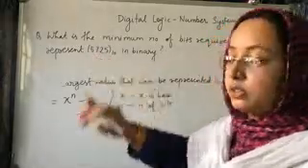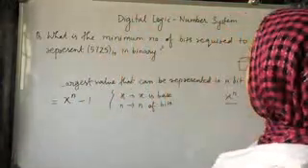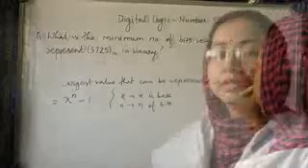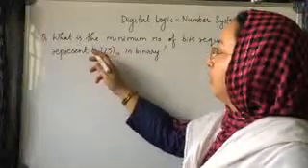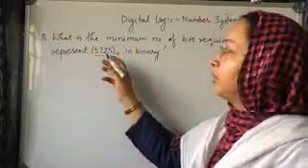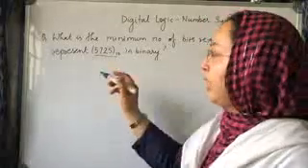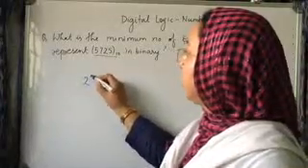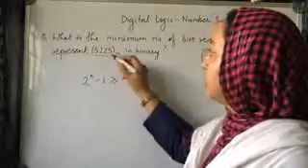Now I am solving this question. We will use these things, so I am erasing it. This number we have to represent in binary in n bits. Then this number must be less than or equal to the largest number we can represent in n bits. The largest number we can represent in n bits is 2 to the power of n minus 1, and this will always be greater than or equal to this number.